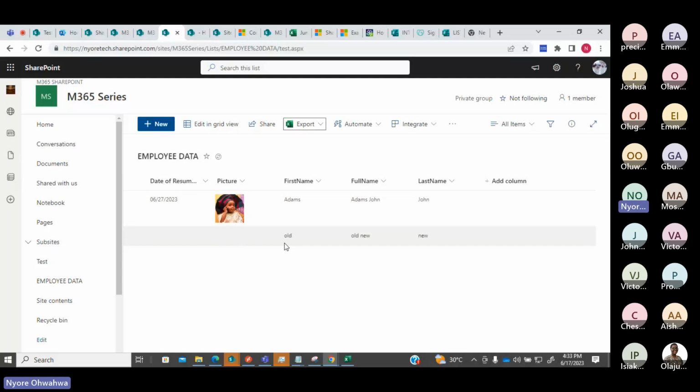Okay, so we created columns. So this is the full name column that we created, right? And this is the calculated column. So it adds the first name and the last name together.